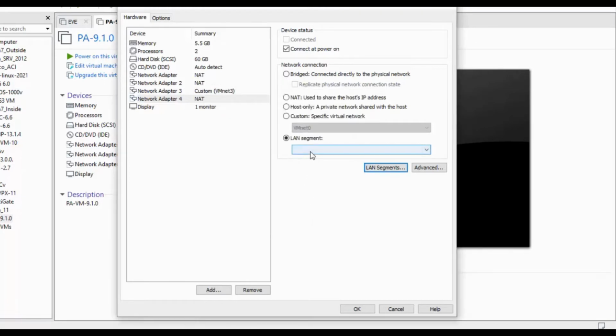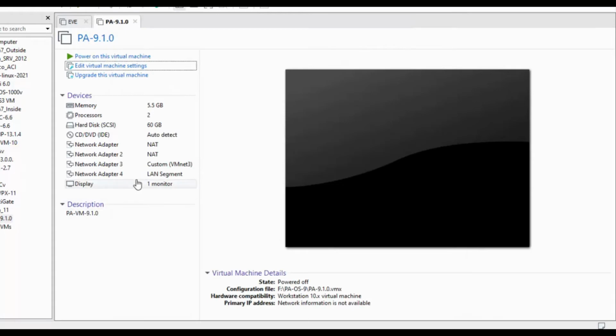In the LAN segment you will get that DMZ2 segment, and you can select it. I will go with the DMZ, which I have already created. I will select DMZ, and after that click on OK. Your network adapter changes have been saved here.